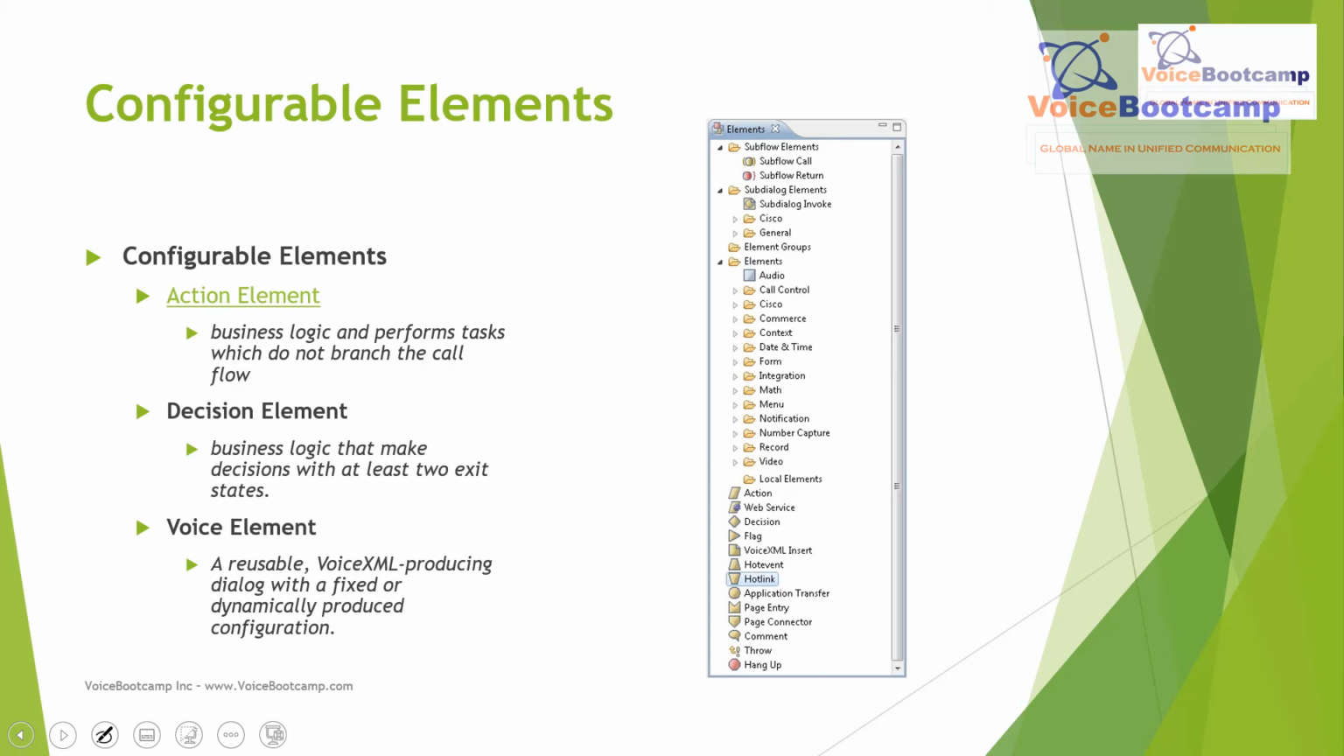Now, typically in the programming world, you have something called a Boolean option, where the values are true or false. Well, a decision element is like multiple true. It's possible to have one or more true, but one false. So it's similar to that same concept. Whereas the voice element is reusable VoiceXML that produces